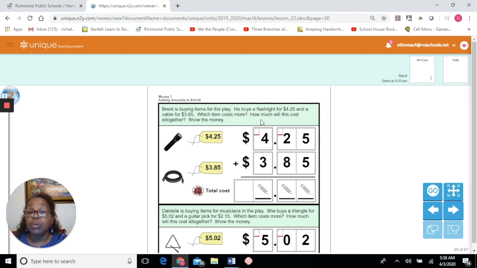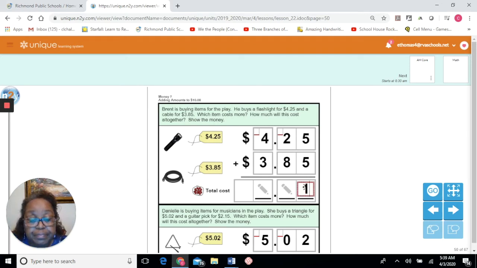Now it says, how much will this cost altogether? The mode of operation when we're using the word altogether is addition. Excellent. Now we get to add. We go all the way to the ones place, always, and we start adding there. So 5 plus 5, let's figure out how much that is. 5 in our head and add 5 more. 5, 6, 7, 8, 9, 10. The number that goes in here